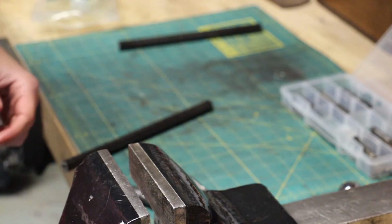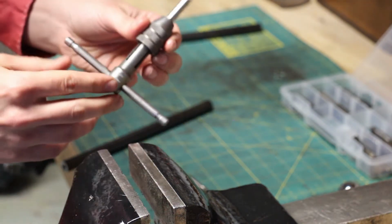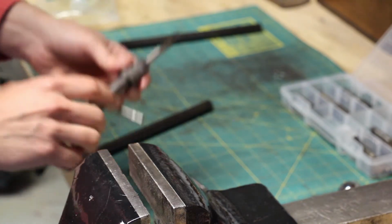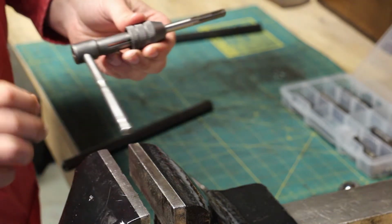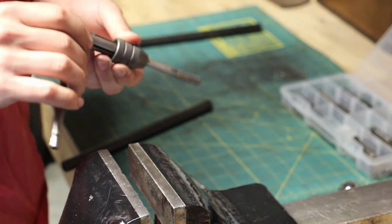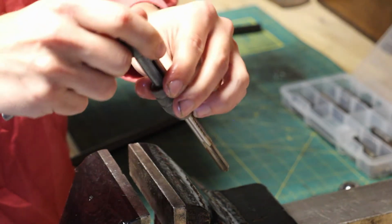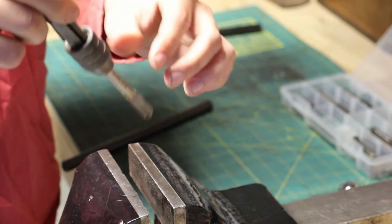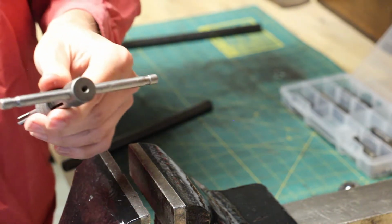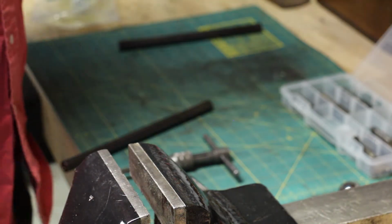So that is that. You guys don't have to use this style of wrench. I like these little T-handle tap wrenches. The handles, you can slide it off to one side so you can get more leverage on it, but I find if you have your handle off to one side, you're more likely to twist off center, and you're more likely to snap it. So I like to leave mine right in the center. If you are driving a bigger tap, you can get